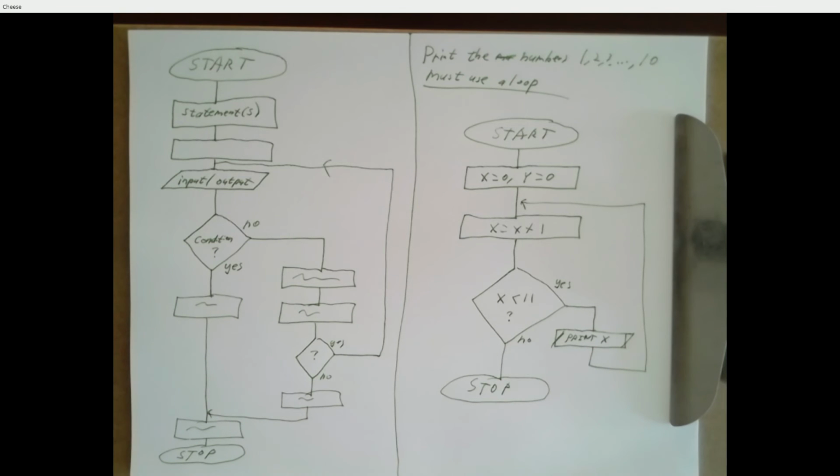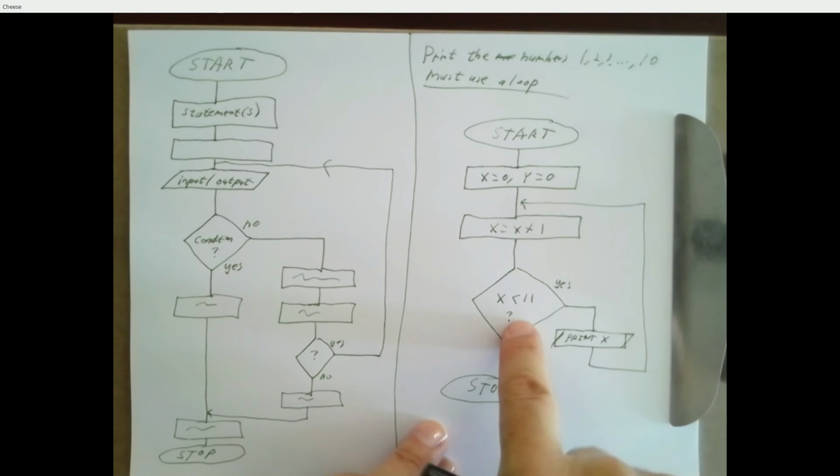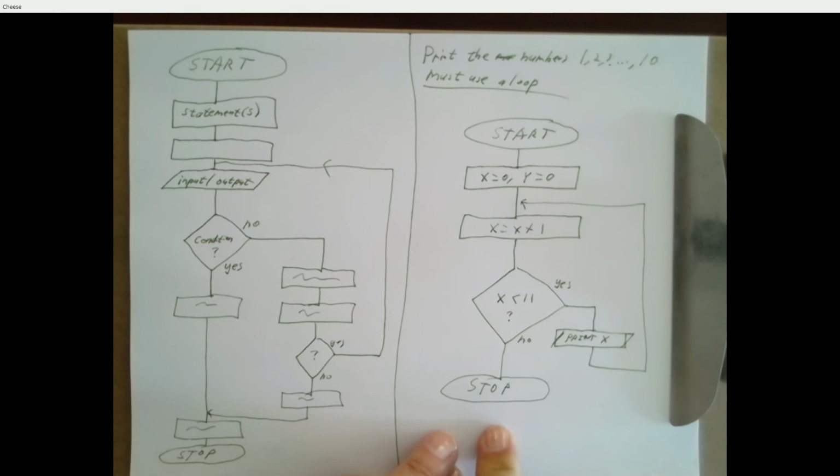Okay, so details. What's the first number this is going to print as it's written? 1. It's going to print 1, is that correct? Yes. What's the last number it's going to print? 10. It's going to print a 10, because if X is 10, it's less than 11, it'll come down here. X will get incremented to 11. X is not less than 11, it'll stop. So this looks perfectly fine like that.